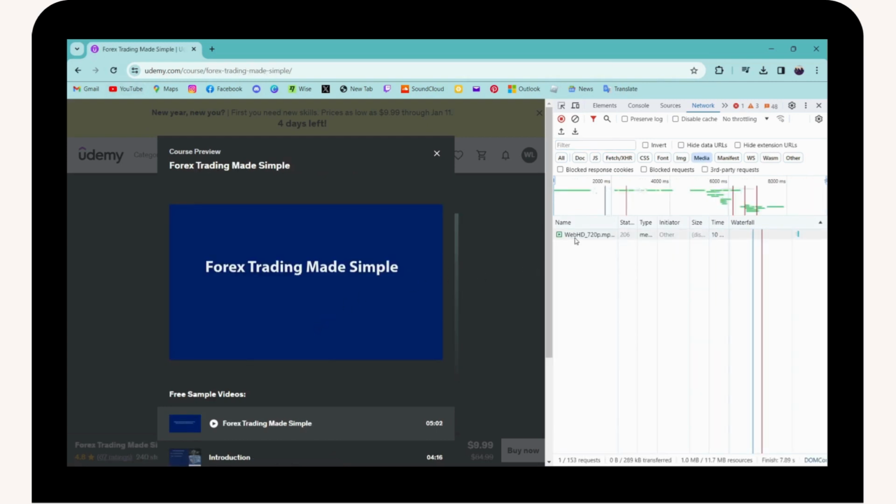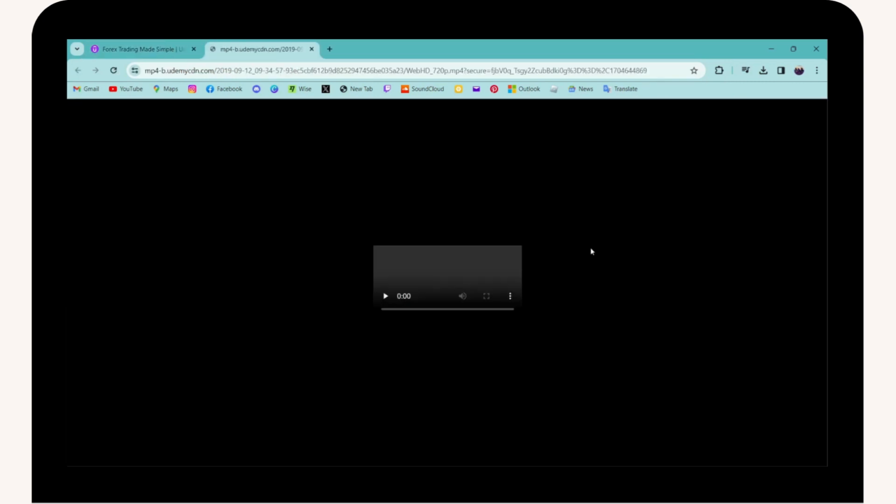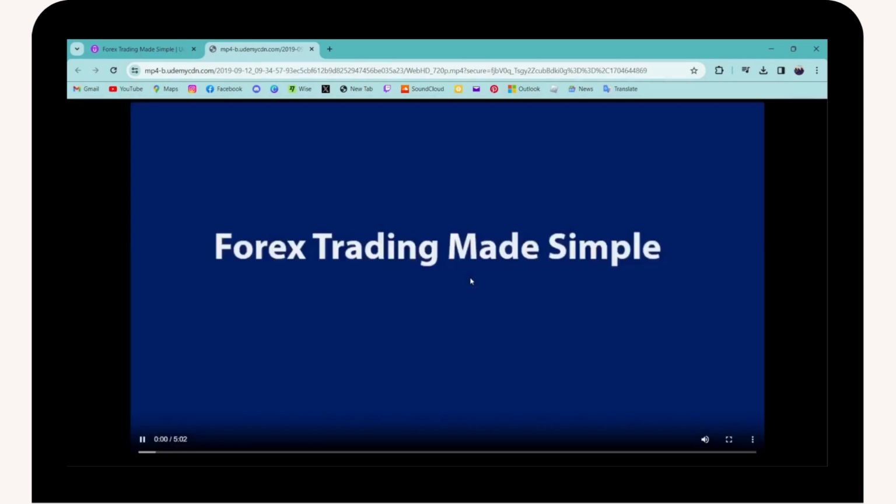and after that here you will have the video, right? Simply right click on that video and then click on open in new tab, and here you will have the video. Simply go for the three dots which is on the bottom right of your screen, and here you will have download option. Simply click on download,